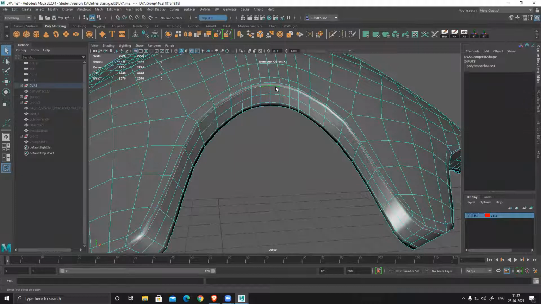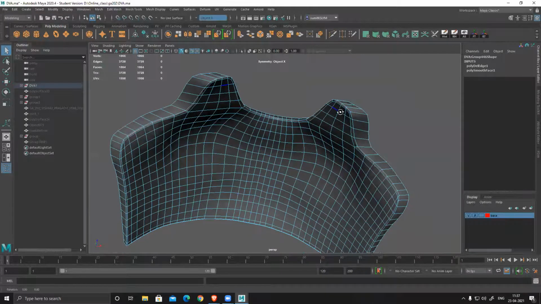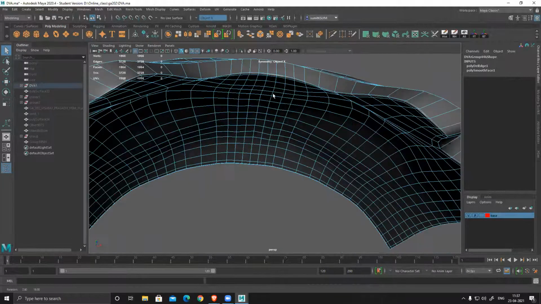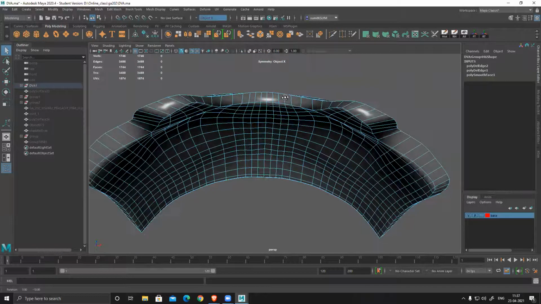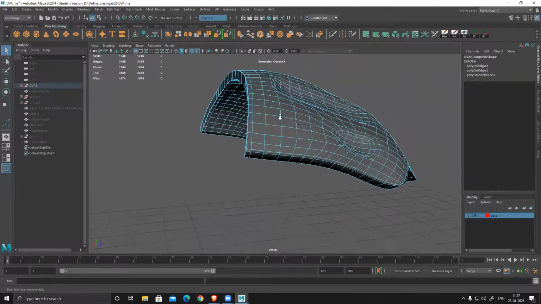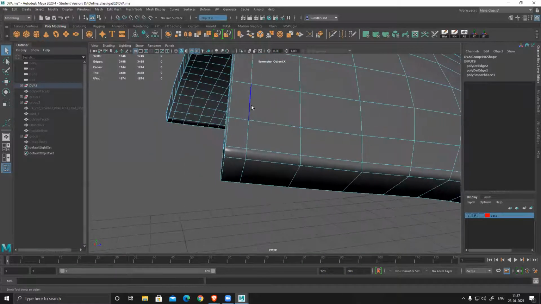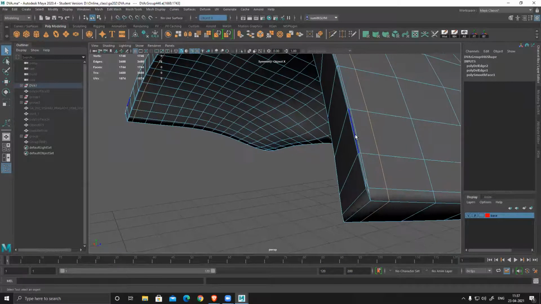Now delete those unwanted edges. Okay, this one is also unwanted. Yeah. So now I have this entire thickness throughout, and all those unwanted loops you can delete.